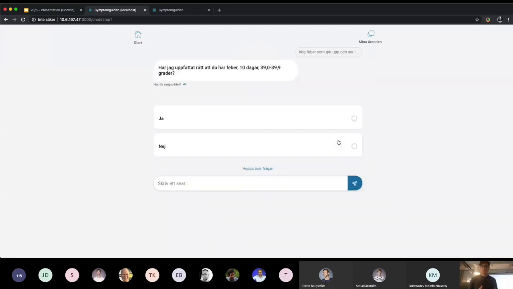That you have a high fever that goes up and down for 10 days, and you ask this question, and then it gives some kind of confirmation of whether it has understood correctly. You have the option to say yes or no. For example, we found out that it was fever, it started 10 days ago, and it's about 39 to 39.9 degrees.